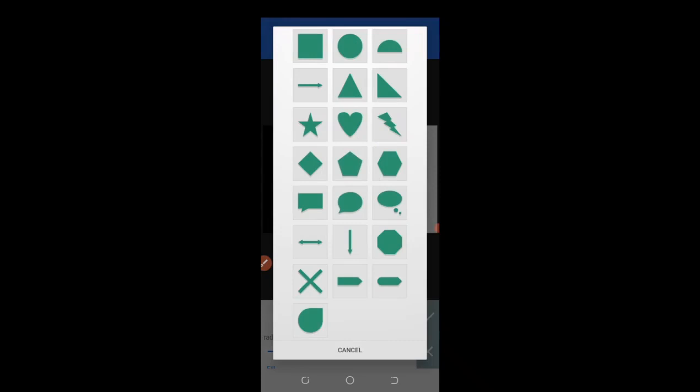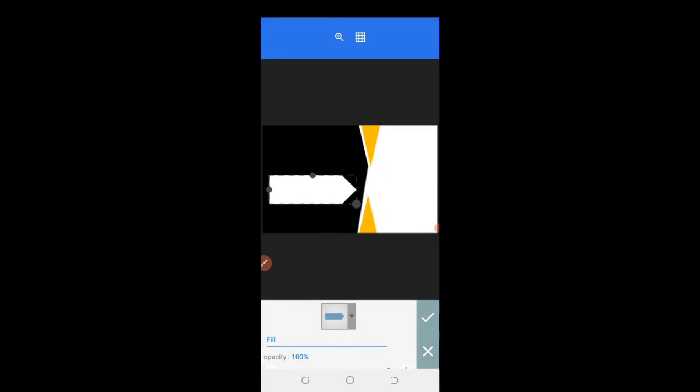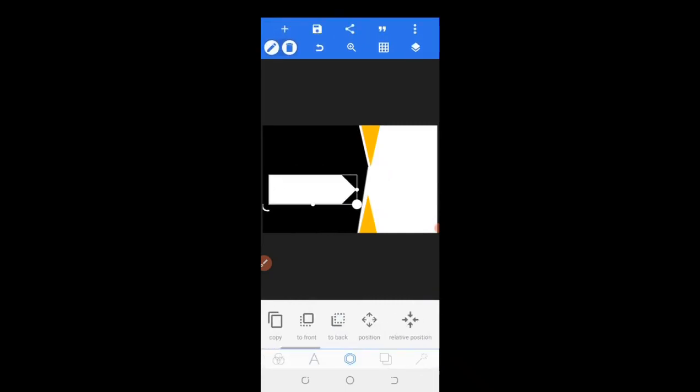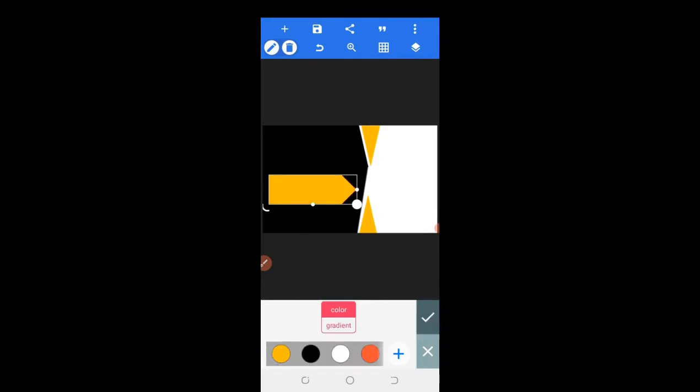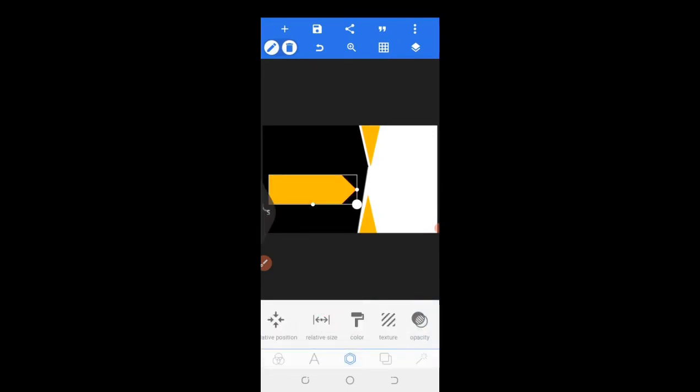Hmm, yes, let me go with this particular shape. So let me change the color. I click on that, come over here, the color, I'll make use of this color. Yes, so I'll click on this, rotate it, rotating it like so. After rotating it, then you can just try to adjust it like this, adjust it, you can adjust it, and